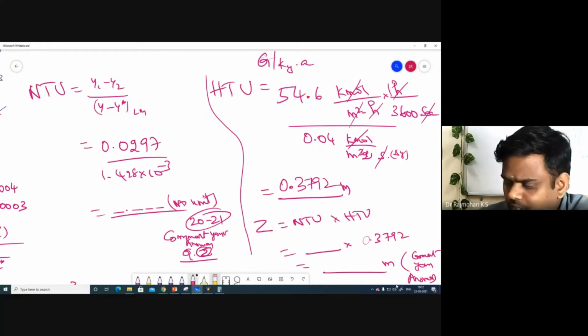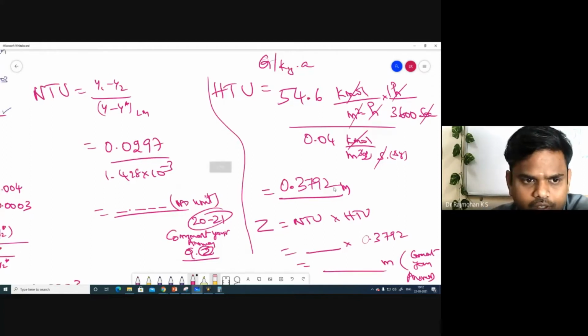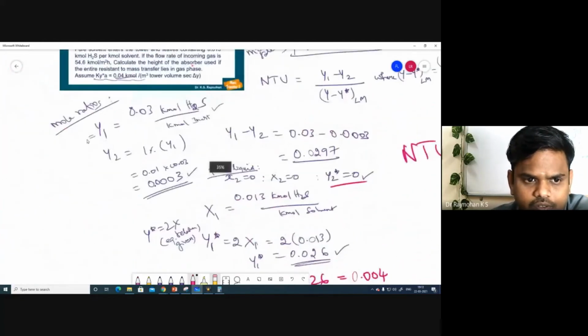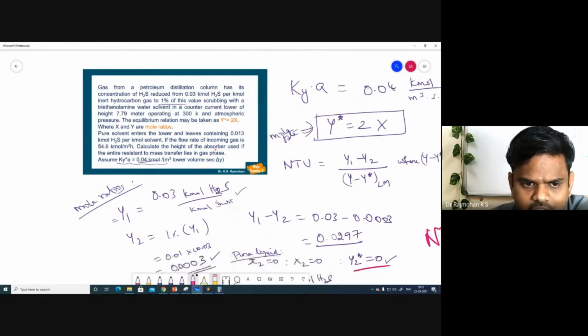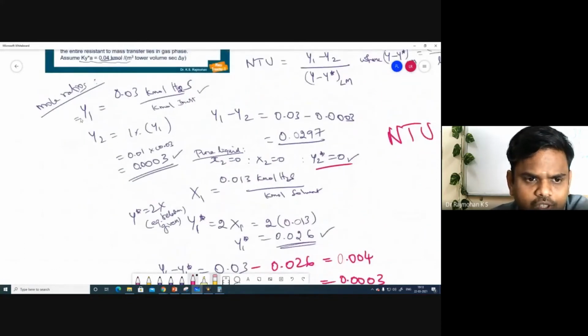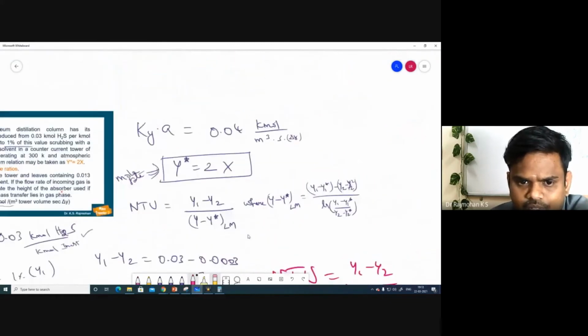Okay, so I will explain what we have done in this problem again. So in the problem, the mole ratios are given. Okay, directly all the values are given in mole ratio. Y1 value, Y2 value and X2 value is 0 and x1 value is also given as mole ratio. Even the equilibrium relationship is given in terms of mole ratio. So we started solving this problem in terms of mole ratio. So y1 data is given 0.03, y2 value is 1% of this y1, so that is 1% of 0.03 is 0.0003, and ky into a value